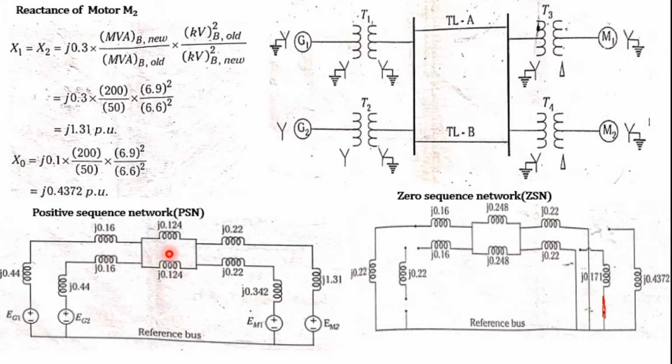What we need to do is, there is a transmission line with a midpoint. What will happen at this midway, what is the reactance? That's what we need to consider. The source of EMF should be short circuited, and this 0.124 we need to divide by 2, because the fault is at the midway, exactly at the half. Again redrawing this circuit.